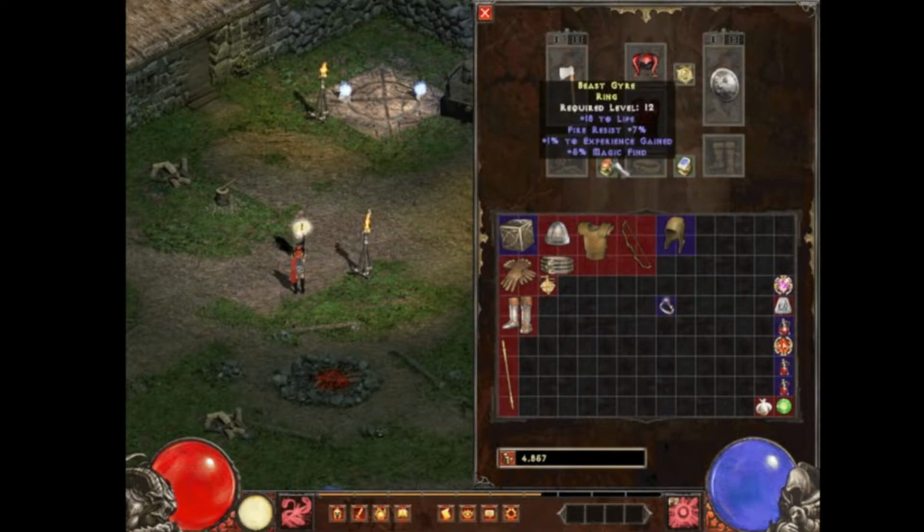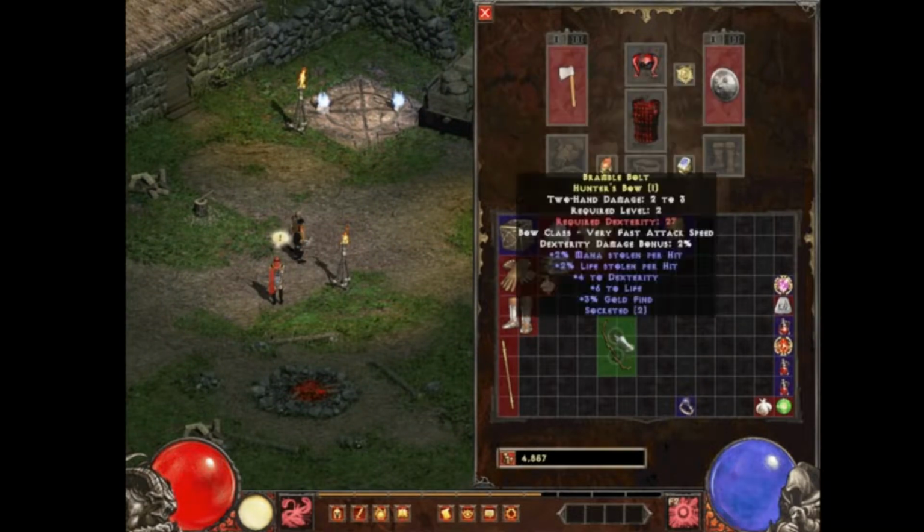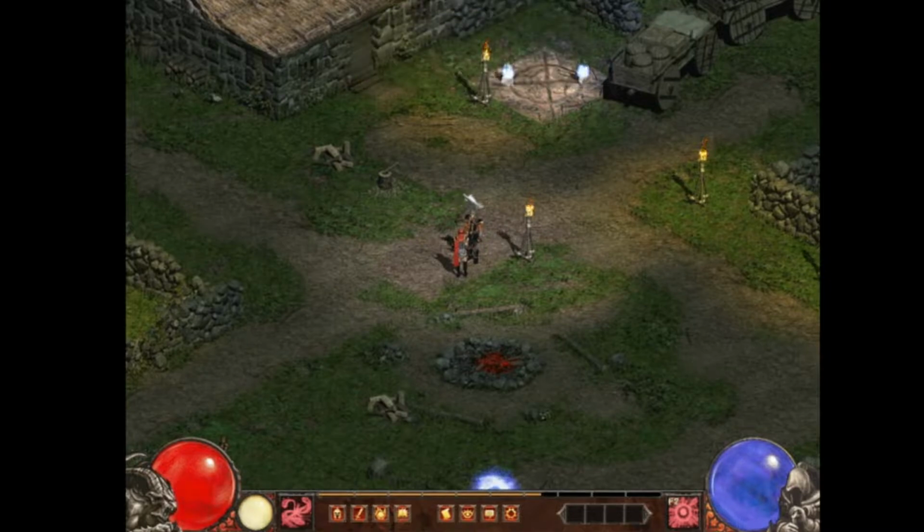So this ring that I just found on my other character while I was farming, just a random low-level rare ring. It's got life, fire resist, just magic find, experience gain is why I kept it. And I need to get, I can hardly believe my...